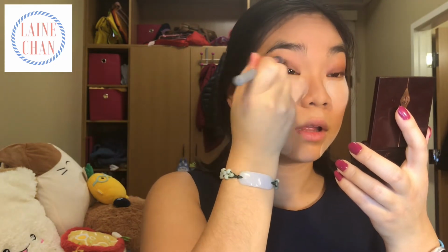And then I take a small dense blending brush, and I go in with the dark color, the dark pink, and I put that close to my lash line. I take the original brush and I blend that a little, and then if I'm not happy with that, I go in with the denser blending brush and smooth it out some more. And sometimes I'll leave it like that if I'm looking for a more matte look,